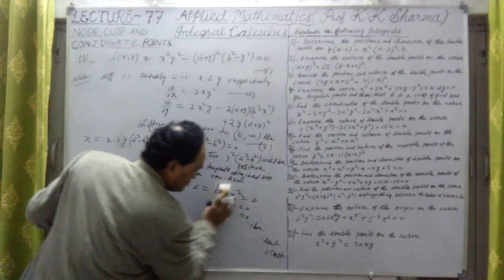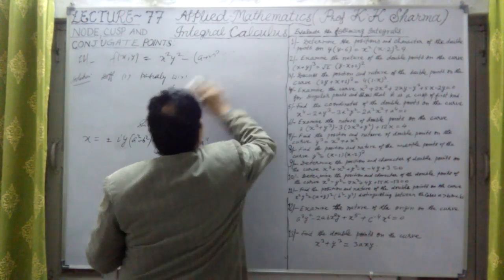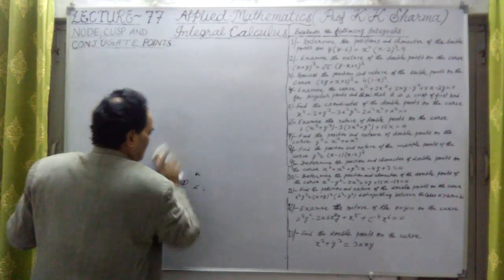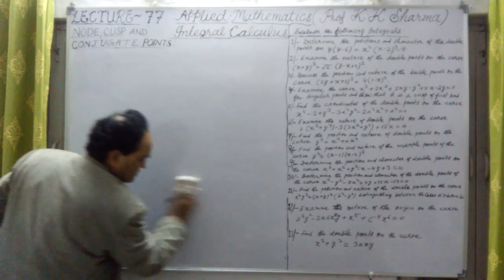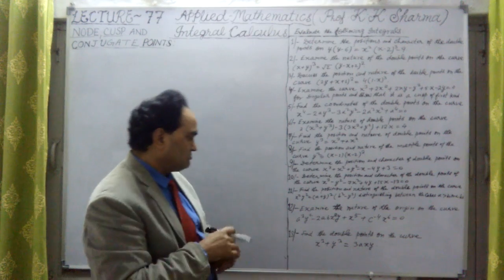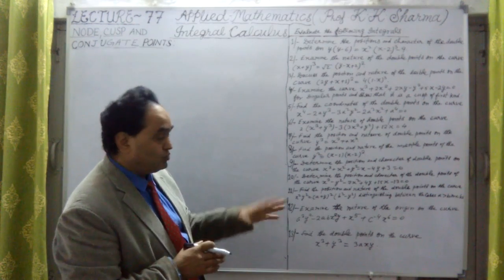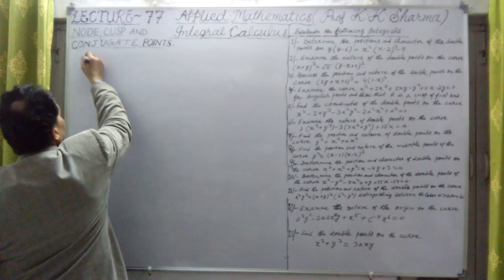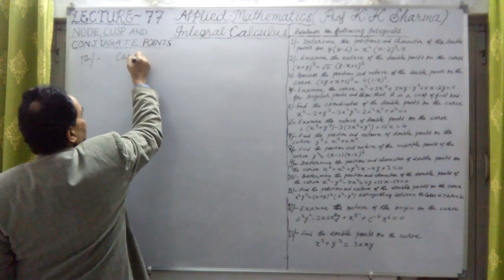Now let me talk about the 12th question. What is the question here? Let me check. Okay, let me solve it. The 12th question says, examine the nature of the origin on the curve. Now, what is the origin here? Let me take it. Question number 12, the curve is,